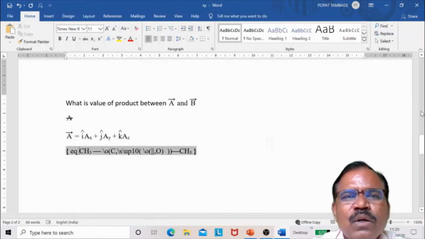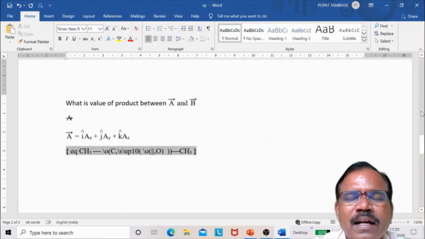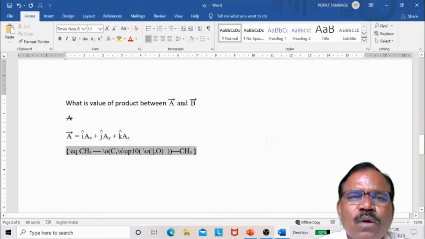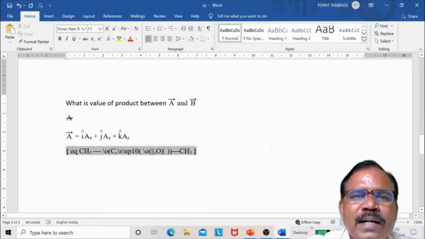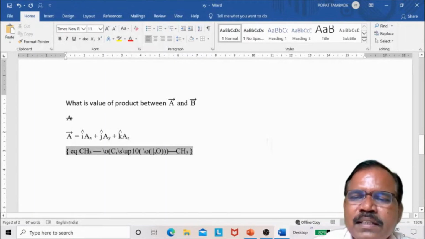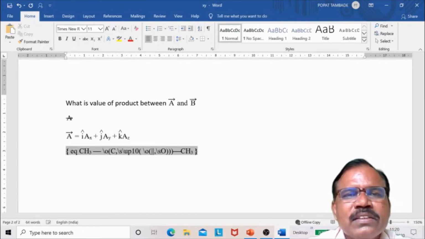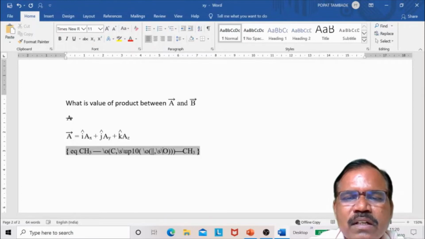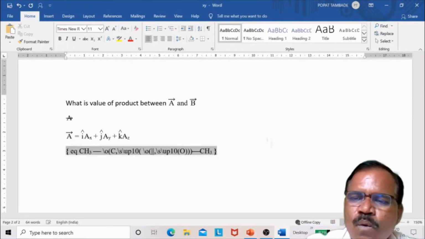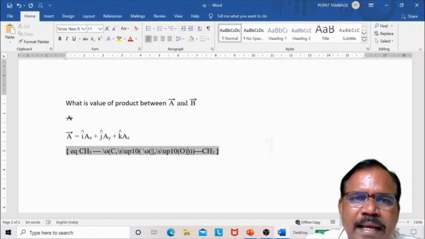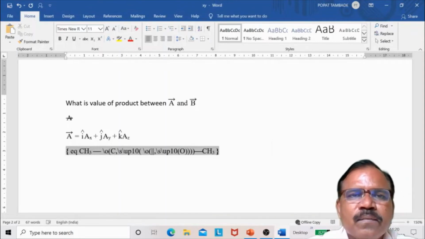So what happens here, we have to shift this O also by some points in the upward direction. So I can take here, for this, backslash s backslash up. Now I can take 10 points O, and this O is in a bracket again. Now see here.